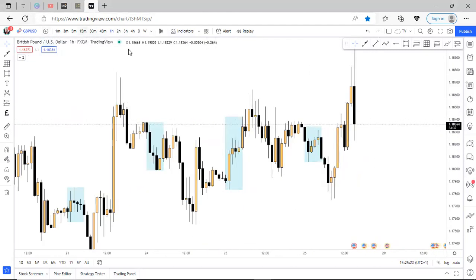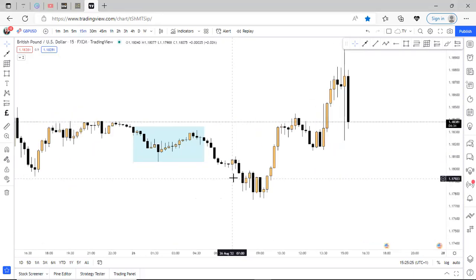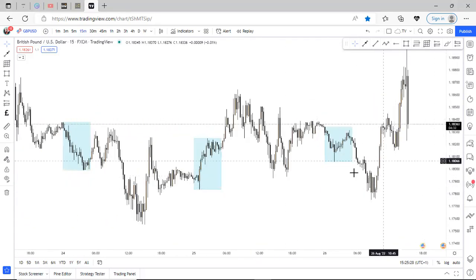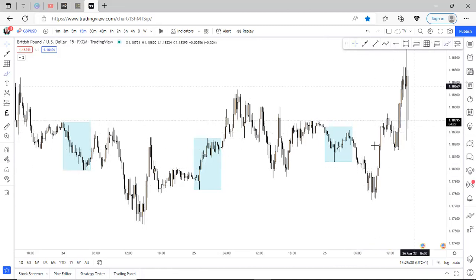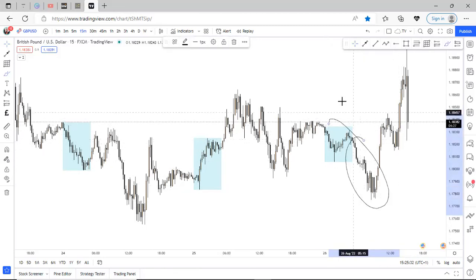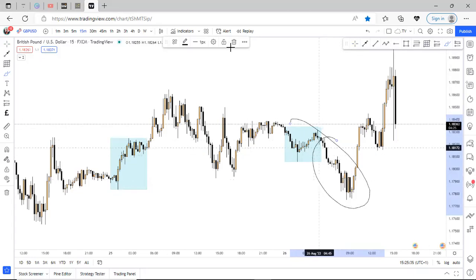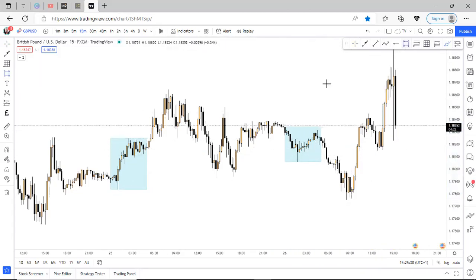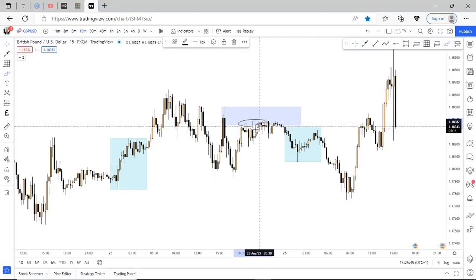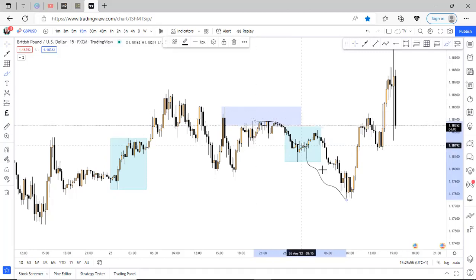Okay, so let's quickly go to the 15 minutes time frame. On the 15 minutes time frame, this was the start of the London session right here. This move for the start of the London session. In the video I posted yesterday, I talked about taking an entry right here, but I said I wasn't going to take the sell entry because it was past my trading hour. I don't know if you watched that particular video. Maybe you would have capitalized on that and gotten into a sell trade right there.